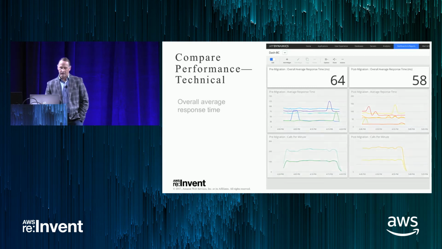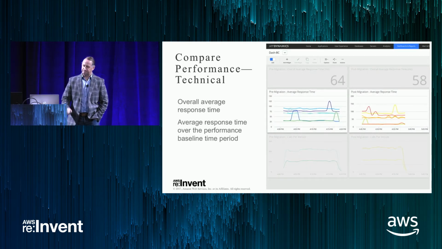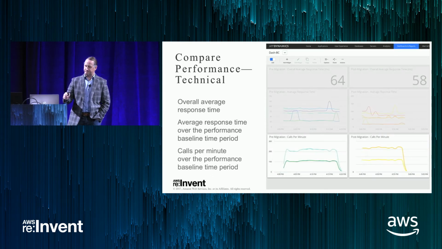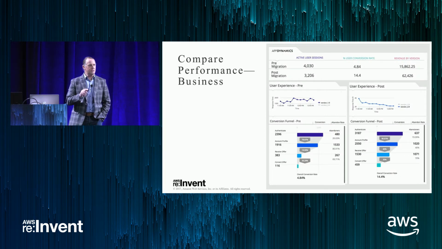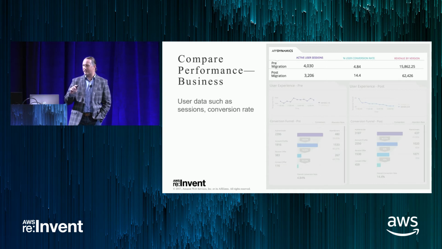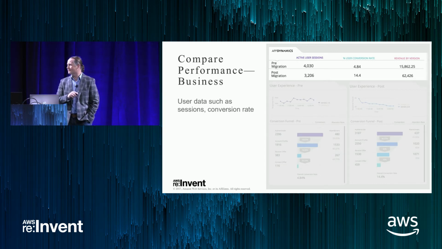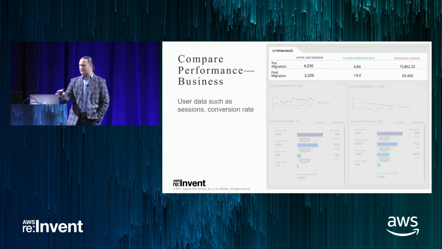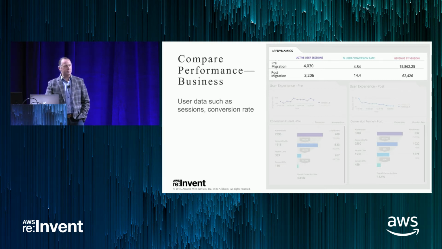Okay? So this is what your business wants to see, though. How many users? I have my conversion rate. So I can technically look at it and see things like milliseconds, but how many active user sessions do I actually have? Do I have more? Do I have less? What's my user conversion rate? What's my revenue? Now, these things are actually within this AppDynamics screen. These are actually programmable. Your business people can say, what's meaningful to you?